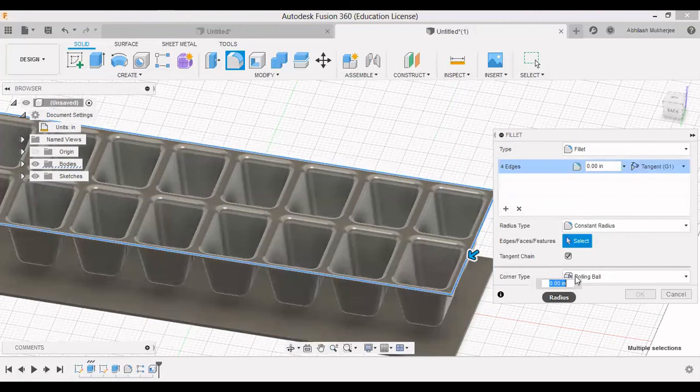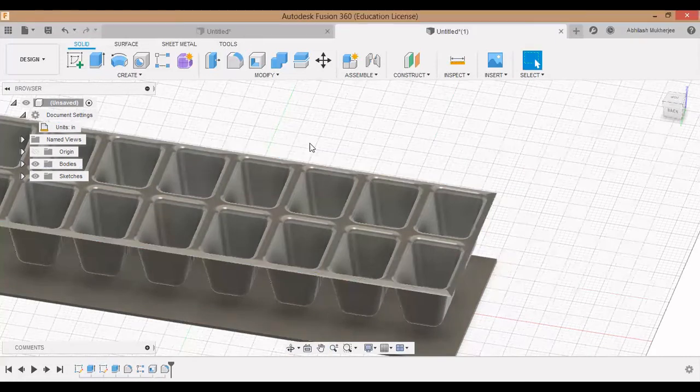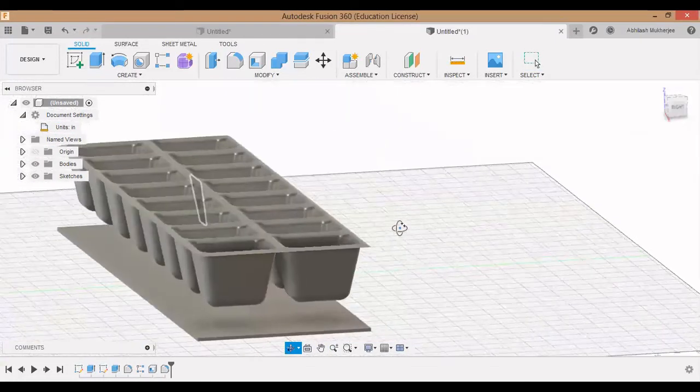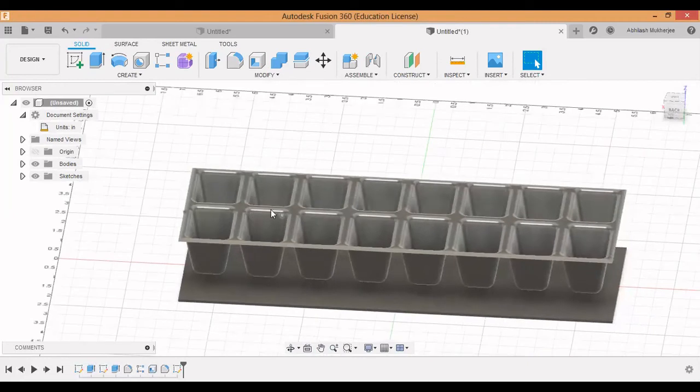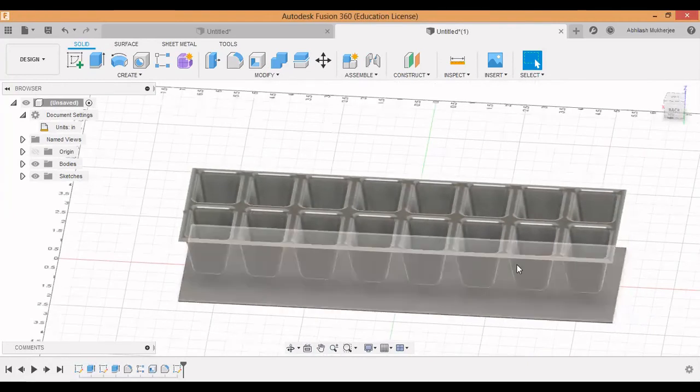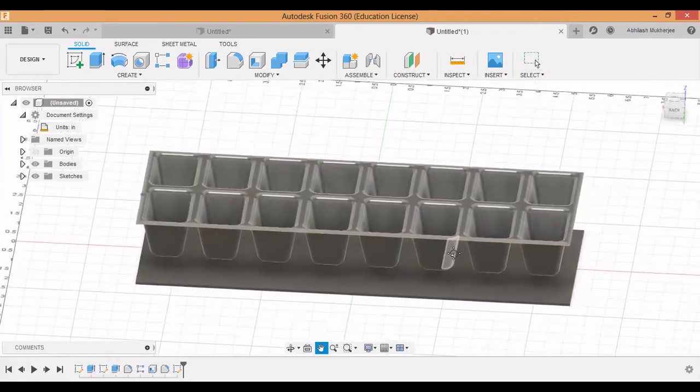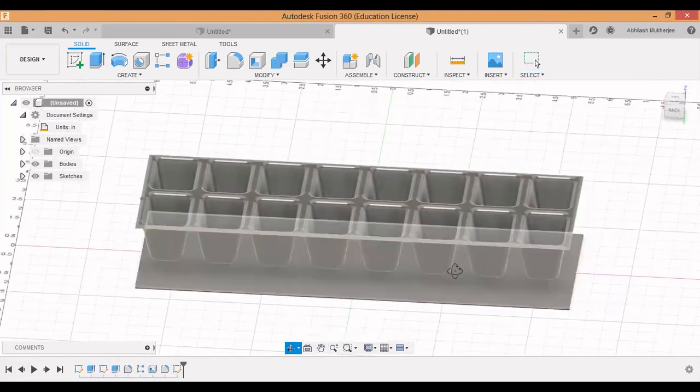The value of the fillet that I would give is 0.4. Now this body is filleted. Now you can do a lot of things after this, like making fillet here, making the boundaries for this, changing the shape of this.